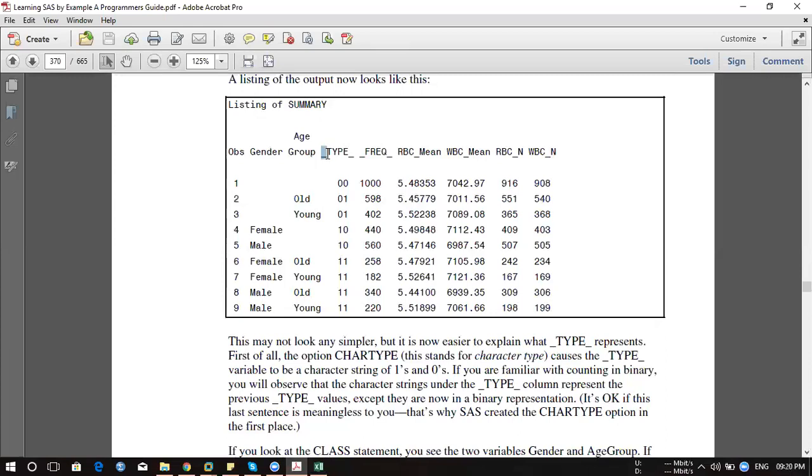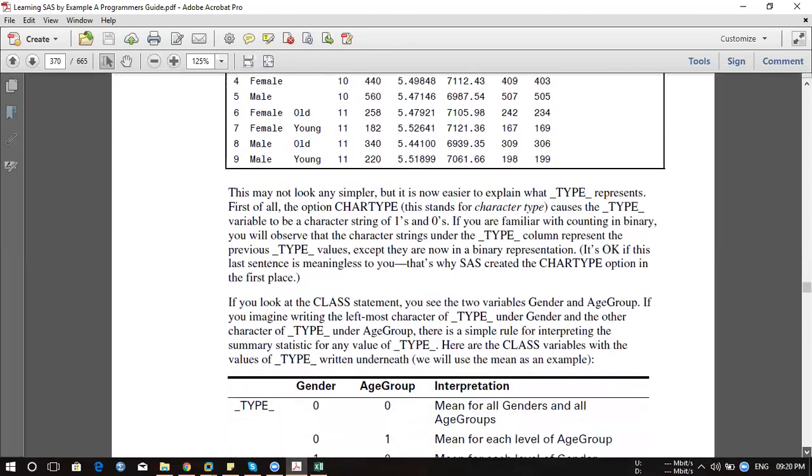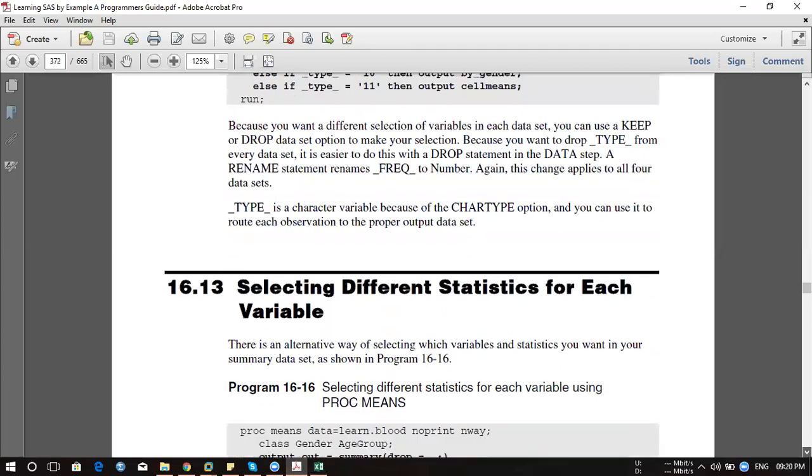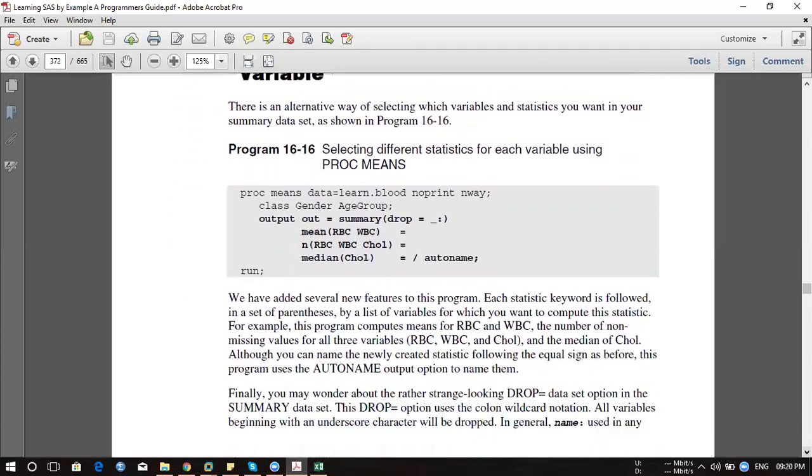I want to drop type and frequency together. So I can use truncation option. I can say start then truncate. So what are the variables starting with underscore automatically is going to be deleted by using this colon symbol. Getting it?